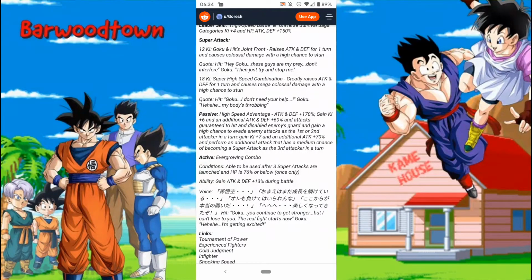So you go and throw this unit into slot 1 or 2, they've got a 50% chance to dodge from their passive, they're guaranteed to hit, they're disabling guard, and they've got a high chance to stun from their actual super attack ability. So, yeah, that sounds pretty good. That sounds like a really good super battle road unit, to be honest. If we carry on reading...